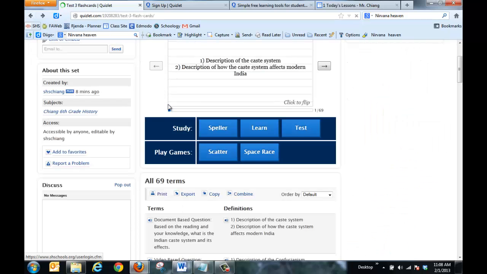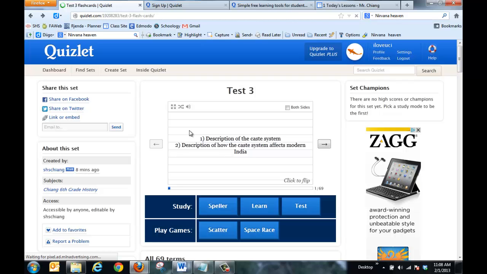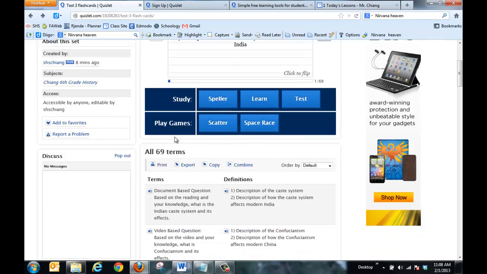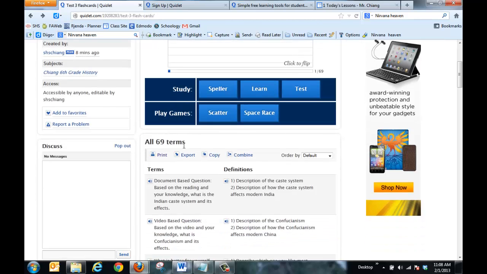Now, you could have done that all without creating an account. The reason we asked you to create an account is what you can do now is this: if we go down to over here, you see there's a copy button. So I'm going to make a copy of this set. So you see it's print, export, and copy. What I'm going to do is I'm going to copy,